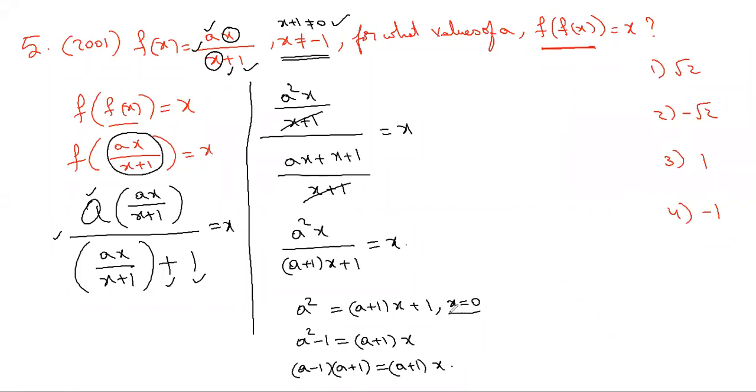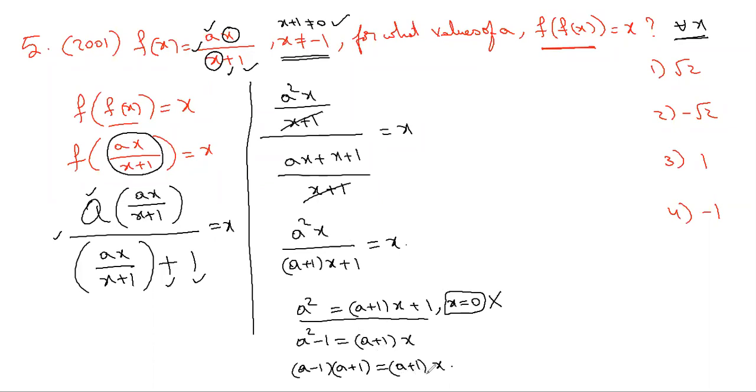Now, x is equal to 0, it means anyway this will be satisfied, but we are not worried about a particular value of x. For all values of x, this should be true. So this condition is not valid, because we need to get a condition which is true for all values of x. That's why we are trying to simplify this expression.